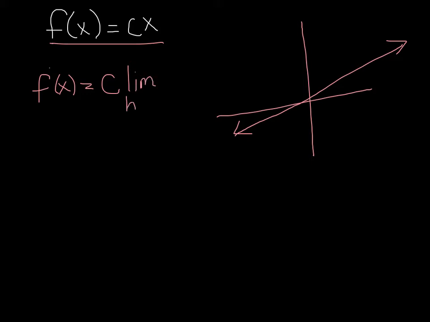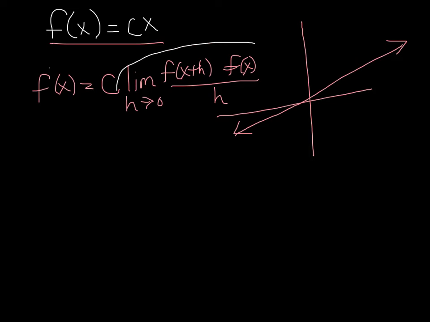So it's really the limit as h goes to 0 of f of x plus h minus f of x, over h. And we know from the previous slide that this limit, the limit of the identity, is just going to be 1, which means that f prime of x should just equal whatever the